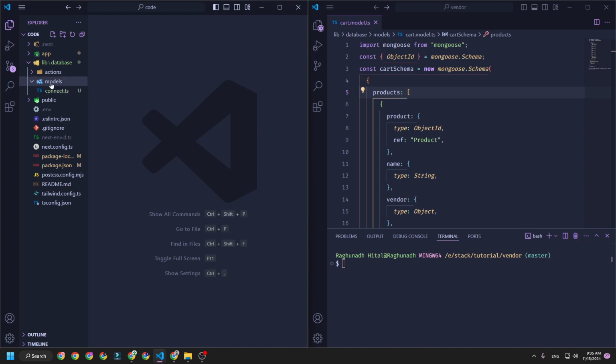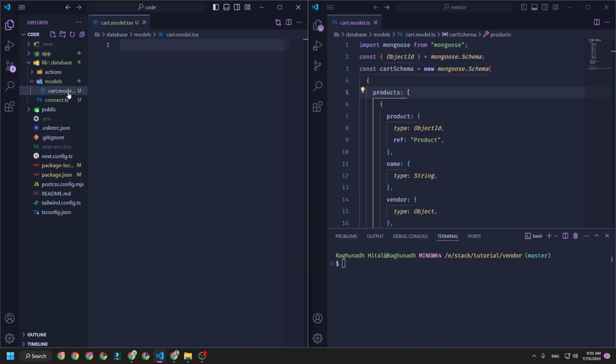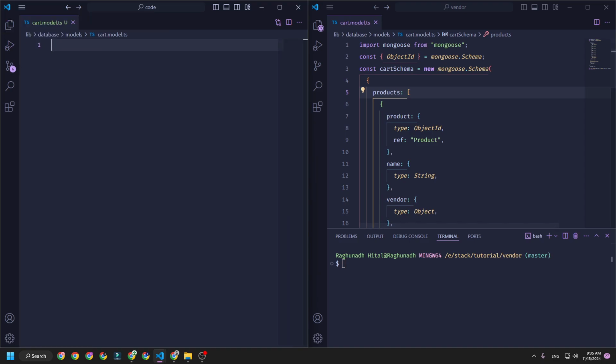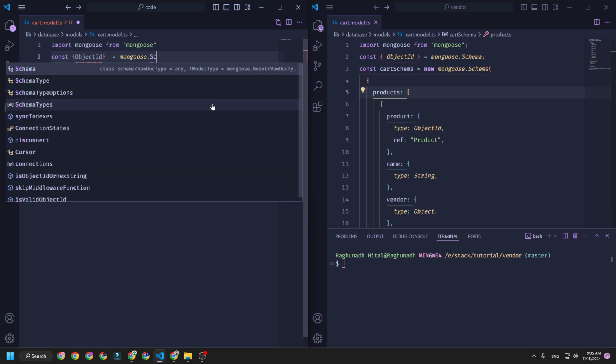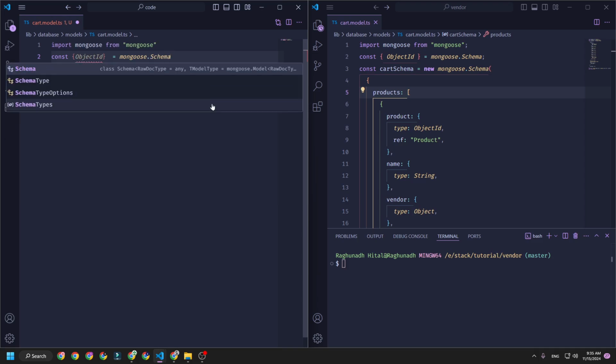For that go to models here, click on new file and we are going to define cart model here, cart model.ts and not tsx. Make sure to spell it correctly. And now we need to import mongoose here. Import mongoose from mongoose. We need to have our object id which was equals to mongoose.Schema.Types.ObjectId, which was coming from mongoose schema,